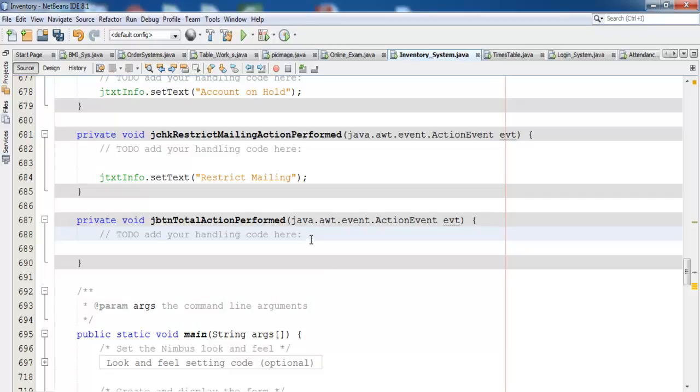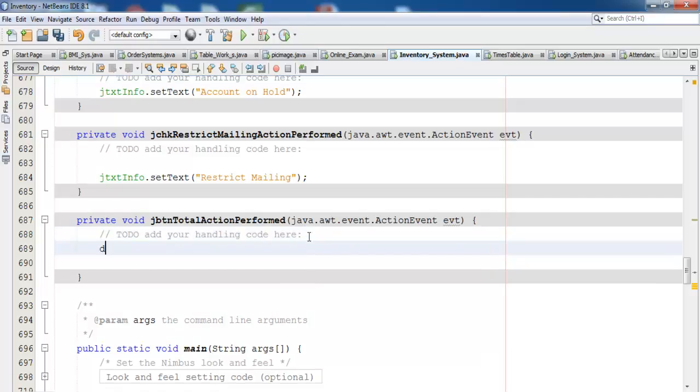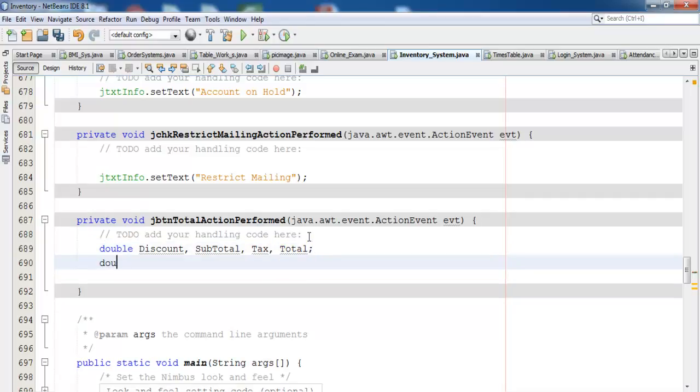So I will start by declaring as follows. So double, I'm going to call that discount, and declare another one for subtotal, one for tax, one for total itself. Alright, now let's declare another one, double. That will be cost